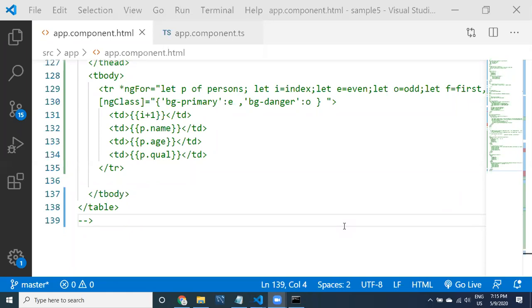There are different types of frameworks, like Bootstrap, and there is another framework also, the Material framework, which also provides some classes. So this is not specific to Bootstrap. ngClass, ngStyle are not specific to any particular framework. You can use anything.